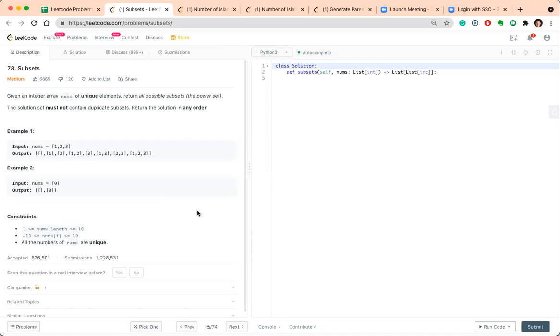You can have the empty set, or just 1, 2, and 3, and 1 2, 2 3, 1 3, and 1 2 3. So these are the subsets of 1, 2, 3. Like in that other example, if they gave the number as 0, the only possible ways are empty or 0, because we don't have any other combinations possible with this.